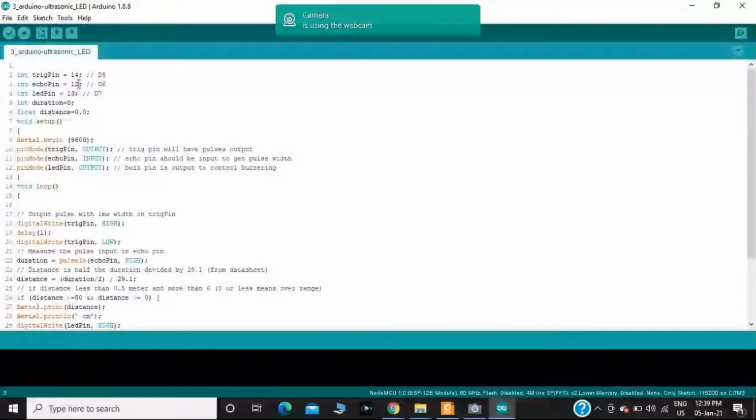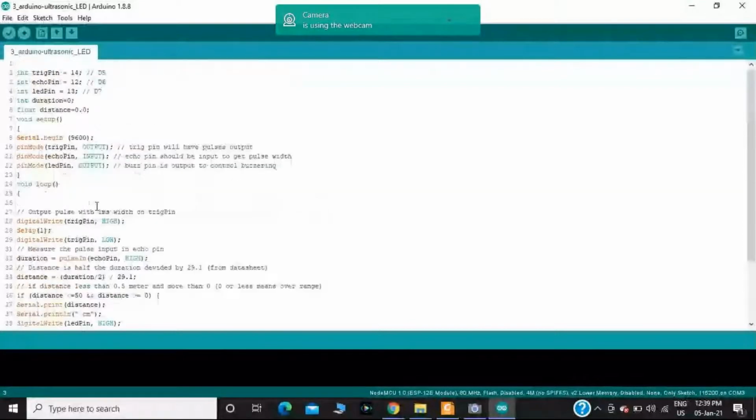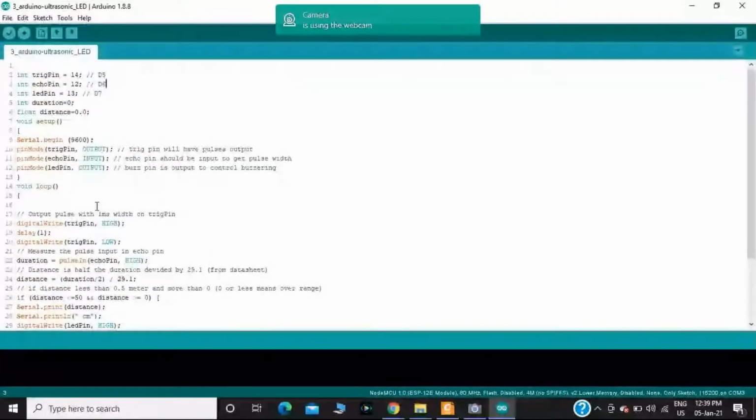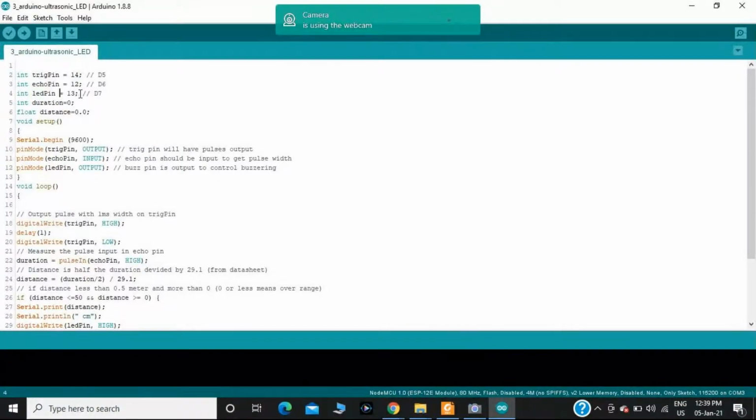Here I have taken one scenario: if the distance is less than 50 centimeters, it should turn on the LED. That is, if any object comes within 50 centimeters, it should turn on the LED. For that reason, I am taking an LED actuator and connecting it to the D7 pin of the NodeMCU.